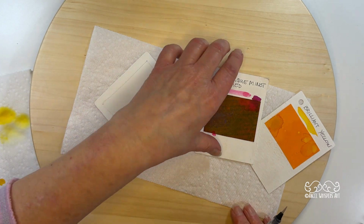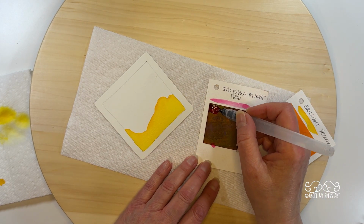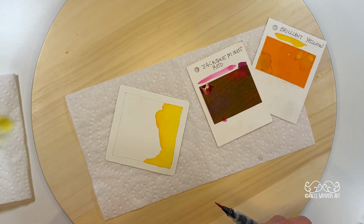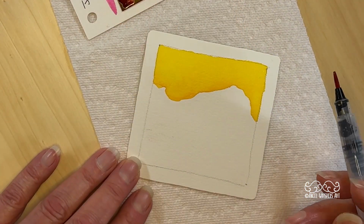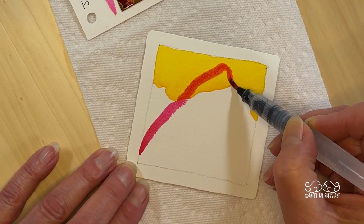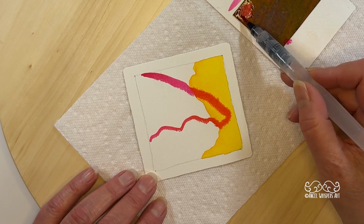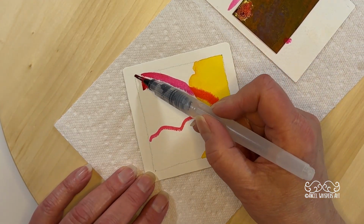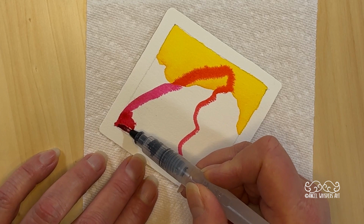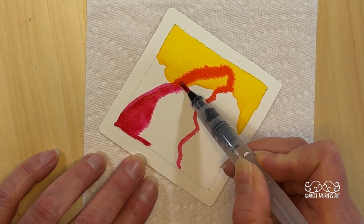So now I'm going to move on to add some of this pink, and I'm going to do the same thing. Now this little bit here I'm going to tap off first. And now I am going to draw another line, come back here, pick up some more pigment, and then just paint this in. So don't get crazy